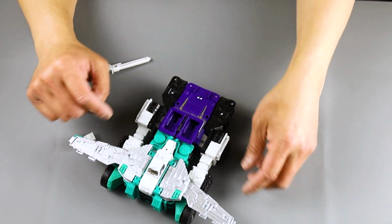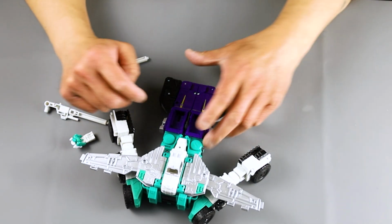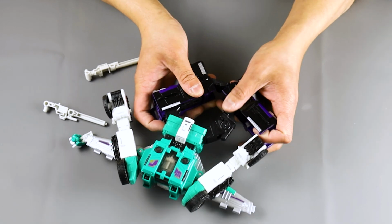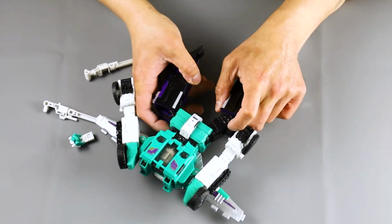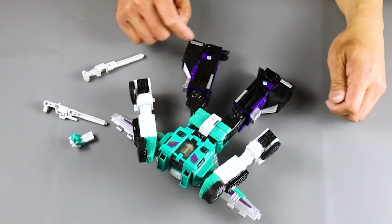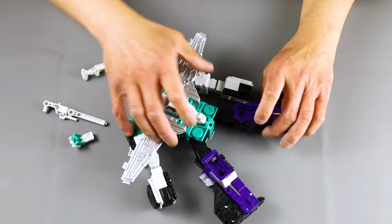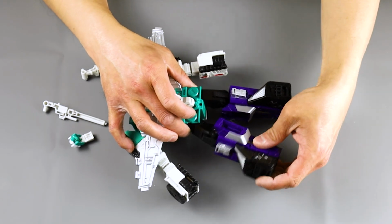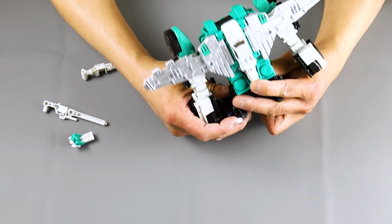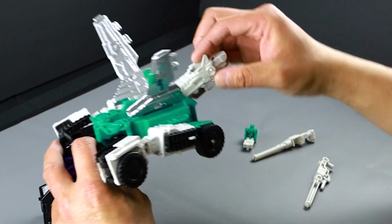What I did was I just swung out the wings just to give it a clearance, untab the sides like so, and then flip it over, take the legs out like that, extend them like so. Okay, put the spurs back like this, flip them over, flip this over, flip them in, and kind of have them stand up like this. Flip the wings up,